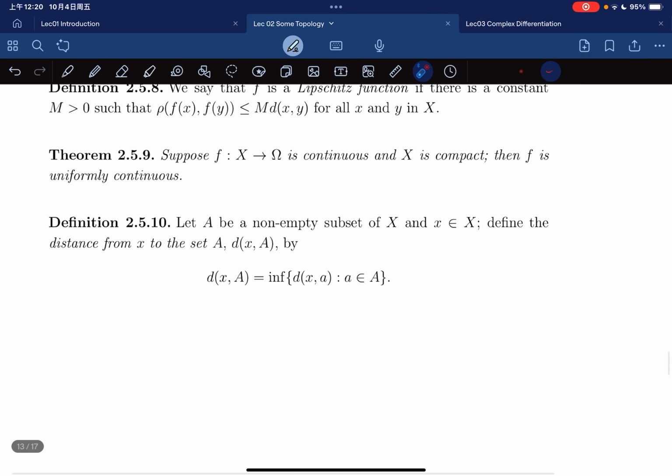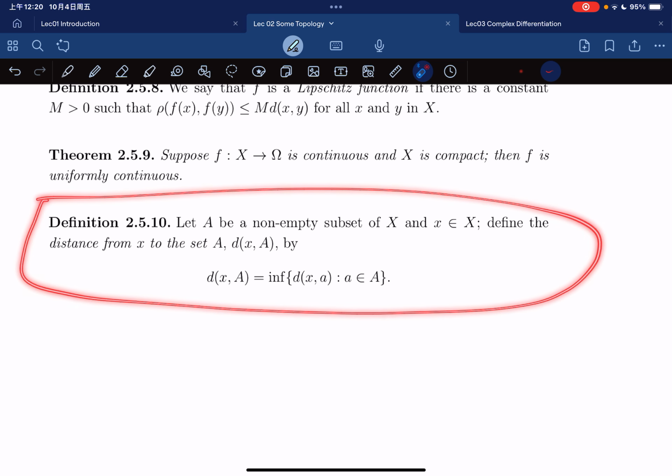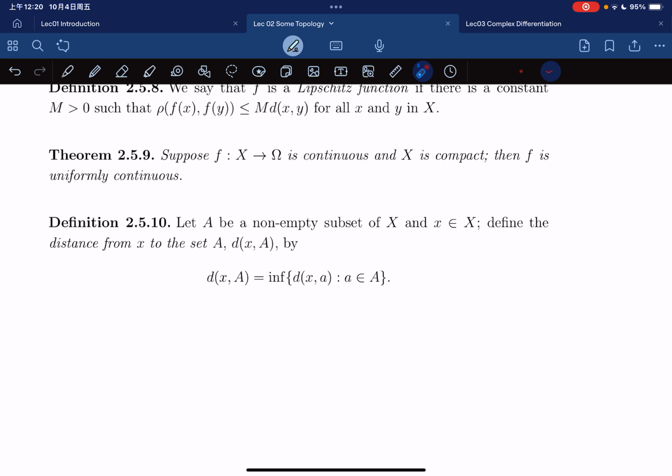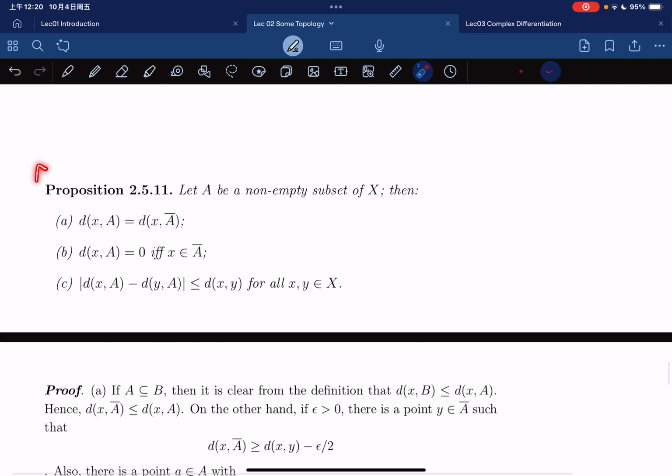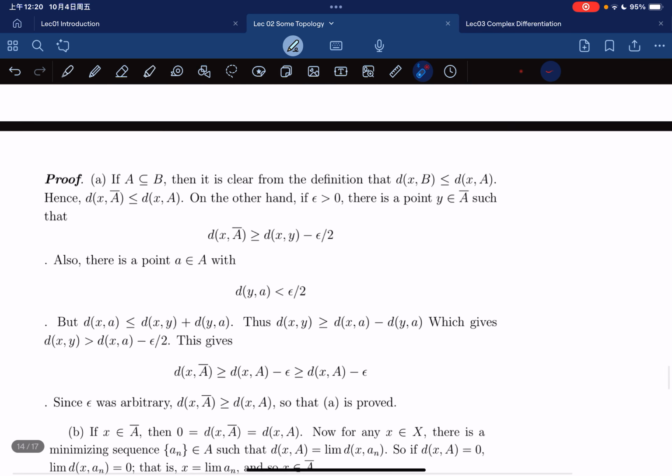And we also have the definition of the distance from a point to a set, right? Which is the shortest distance of all d(x, a), where a is in A. So we take it as an infimum. We can take this because we're working with real numbers, right? And yeah, some propositions on the distance between two sets, and the proofs